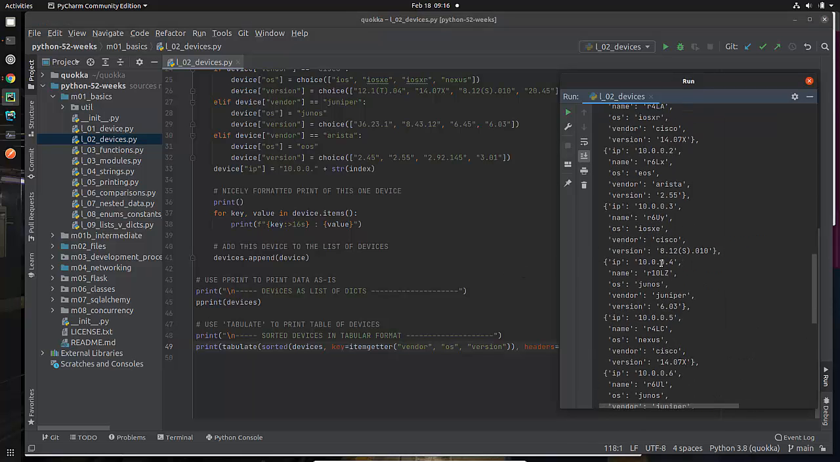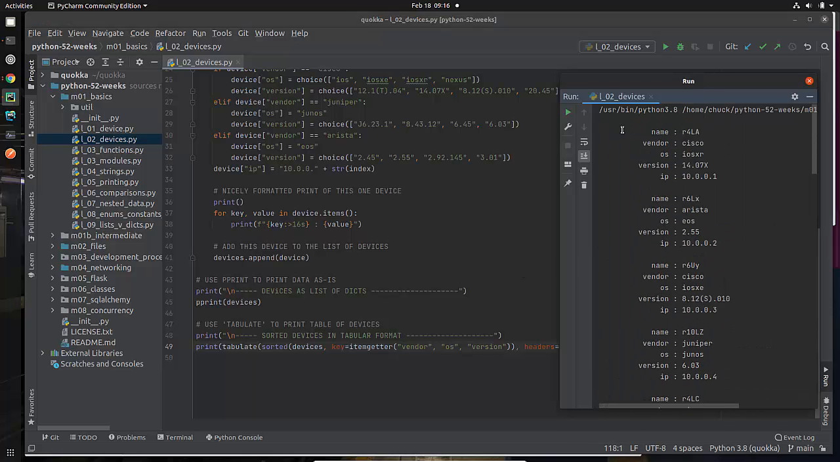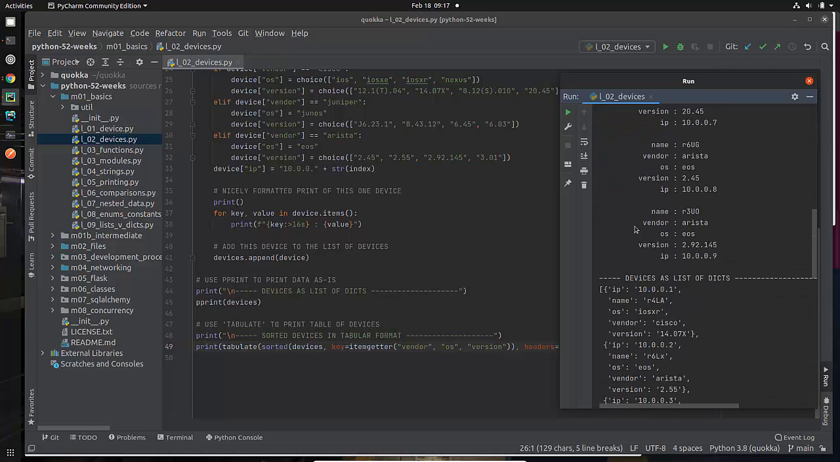Here's my output. I'm going to go back to the top. This is my list. This should look familiar. We just did device. Every one of these is a new device. I'm going through and printing out these devices. Notice everything is random. If I were to run this again, the data would be random and different from what